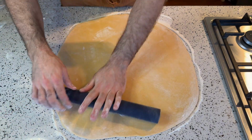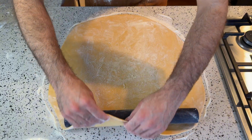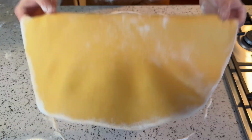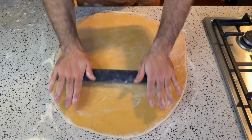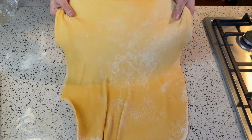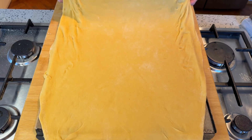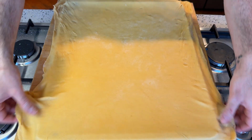To achieve that, make sure the table and both sides of the dough are floured enough at all times. When it looks like you cannot spread it more, then it's time to flip it and do it again. Repeat this process a couple of times and you will get it as thin as possible. Once it's ready, put it on the tray with some paper, and this is going to be the base of